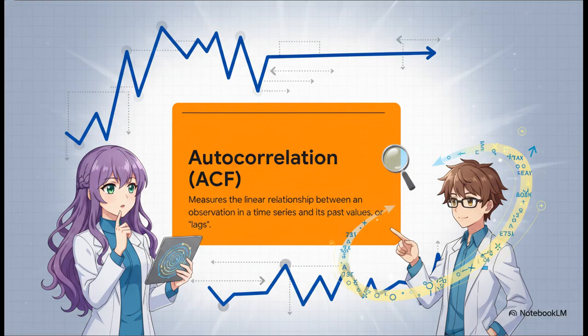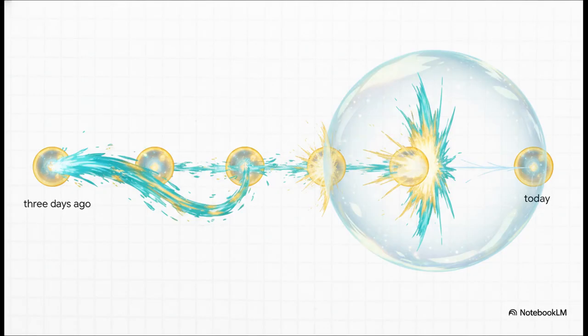Lag 2 is the day before that, lag 3 the day before that, and you get the idea. Now, here is the absolutely crucial thing to understand about ACF. It measures the total relationship. So if we're looking at the echo from 3 days ago, ACF doesn't just measure the direct link. It measures the whole chain reaction: how 3 days ago influenced 2 days ago, which influenced yesterday, which influenced today. It bundles all of that indirect, knock-on stuff together into one single measurement.